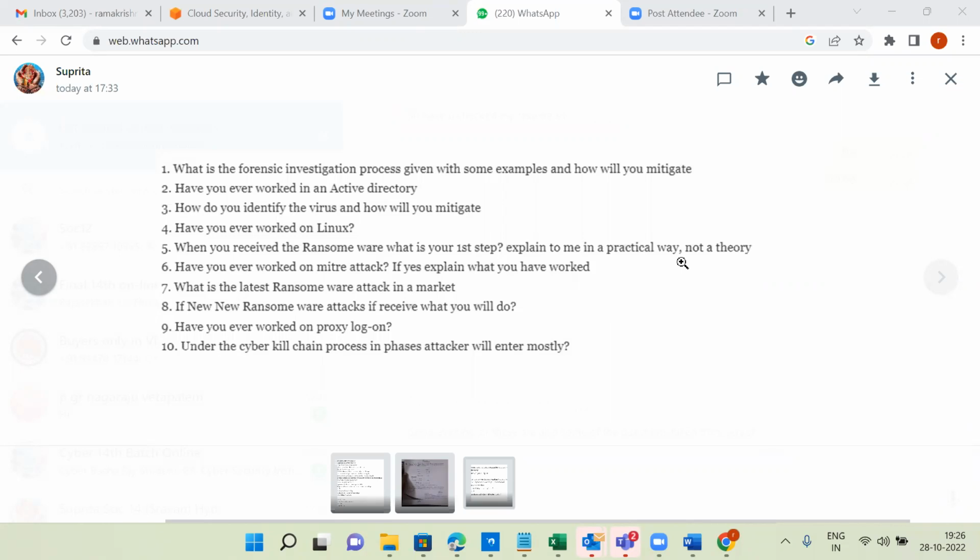Whenever this type of virus alert notification comes in the SIEM tool, as per the incident lifecycle management process, I will check whether it is a false positive or a true positive. If it is a false positive, I can attach the evidences for whatever incident I received and close the incident. If it's a true positive, as per the incident lifecycle management process, I will take care of containment, eradication, mitigation, recovery, and lessons learned. That's what you have to explain.